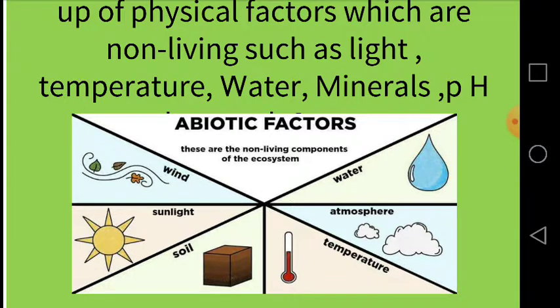Most organisms need oxygen for respiration. Land organisms take in oxygen from the air, while aquatic organisms take in oxygen that is dissolved in the water. But if the water is polluted, some organisms have developed certain adaptations to live in polluted waters. For example, the lungfish adapts itself in water with little dissolved oxygen by gulping gaseous oxygen directly from the air.